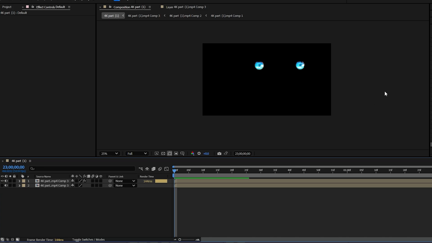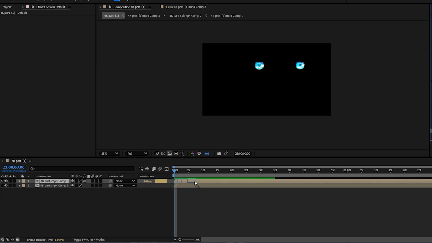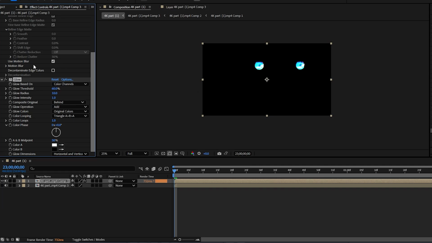So what I like to do is keep the other one hidden, because you can add any type of glow that you want. I'm sure most of my subscribers are broke like me and are just going to be using the default glow. So if you're going to be doing that, make sure that you set the radius to around 30 for the first glow and the intensity to like 1.3, and then